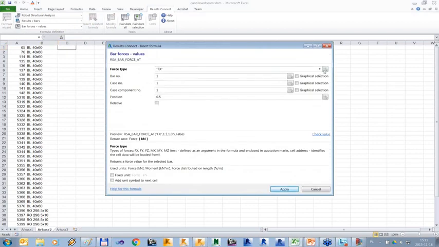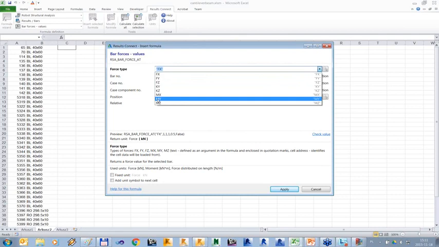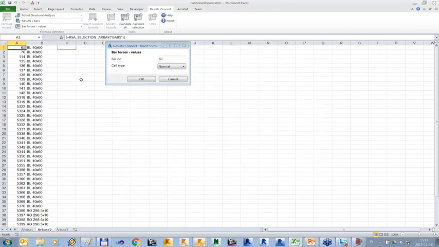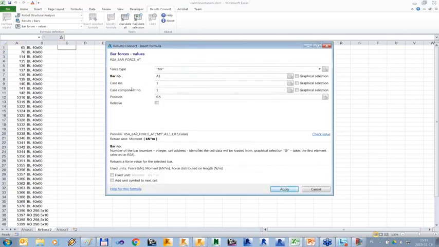So let's say I want to import data of my moment for bar. So for each bar we have imported, then not in the middle, but let's say at the beginning of the bar. So I will specify 0 here,